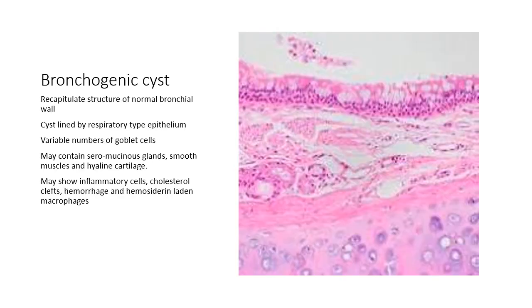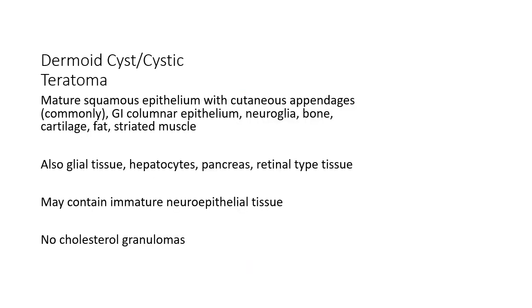In bronchogenic cyst, we have a cyst wall which has ciliated columnar lining with goblet cells, mucus glands in the wall as well as hyaline cartilage and smooth muscle cells. While dermoid cyst has more components, it will have mature squamous epithelium with appendages, may have columnar lining of GI type, neuroglia, bone, cartilage, fat, striated muscles, rarely hepatocellular tissue, pancreatic tissue, retinal type of tissue, and may have also